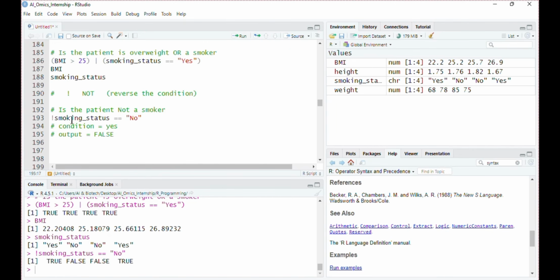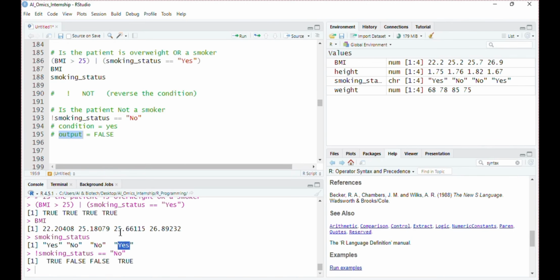So, if a person is a non-smoker, the output will be false. Again, person is non-smoker, the condition is true, but the output is false. The person is a smoker, condition is false, so the output is true. So that's all about the operators of R.